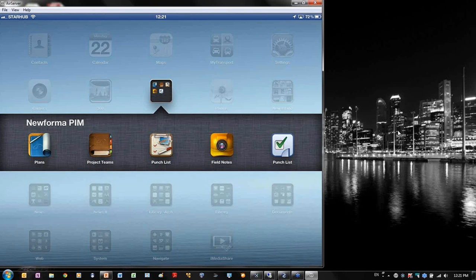Now, Newforma provides four. They provide plans, project teams, punch list, and field notes. That's a prior version of punch list for any InfoExchange that may be on a prior version, but I'm using the current version for Alpengrove, so I'm going to select the Plans app here,